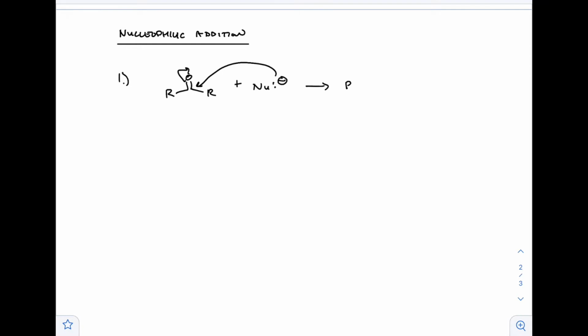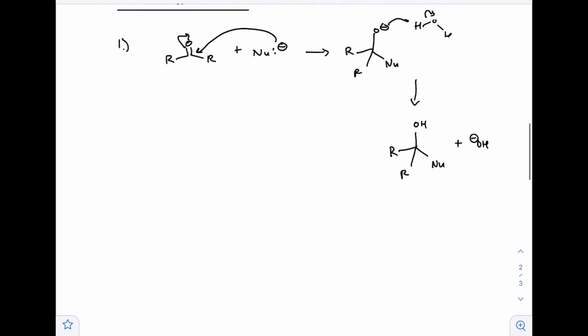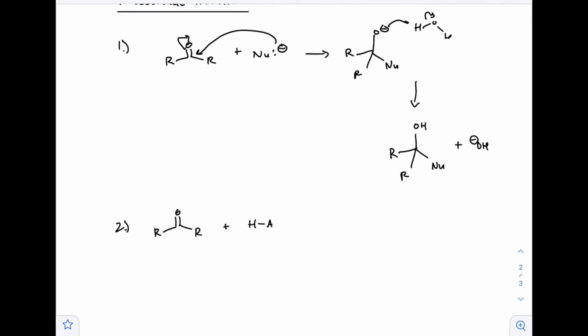All right, so let's say a nucleophile attacks. We get our alkoxide, and then it gets protonated by water. That's really just the quick and easy way to get to that final product, right? So for the most part, that's really what we're doing in this chapter, but there's a subtle difference between when we're adding those typical Grignard or organolithium or the borohydrides and stuff. So